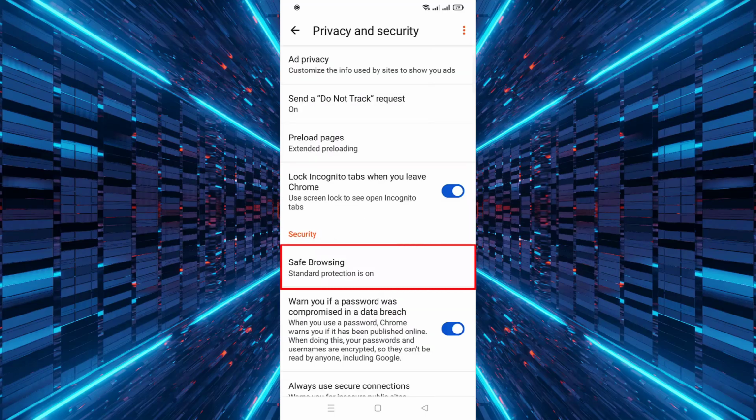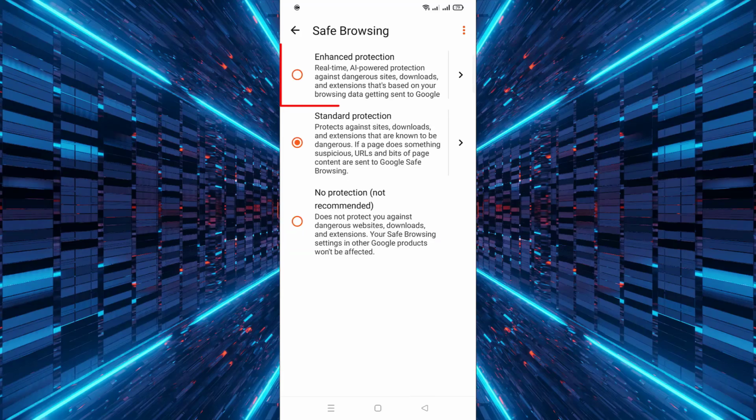Next, find the Safe Browsing option and tap on it to open the security settings. Then, choose Enhanced Protection to enable stronger security against harmful websites and downloads. Finally, close the settings and continue browsing, knowing that Carbon browser is now